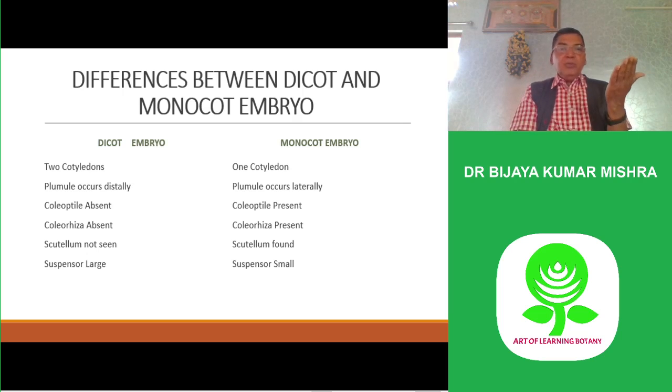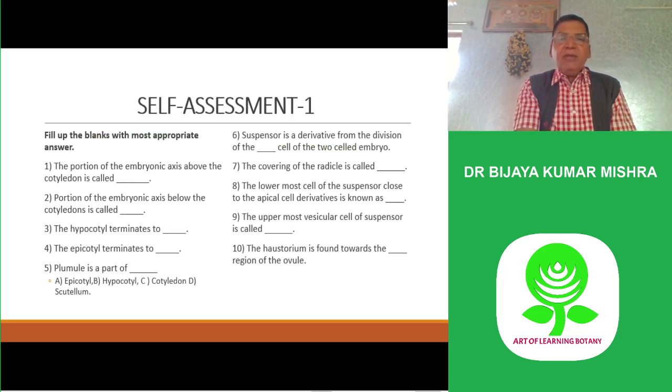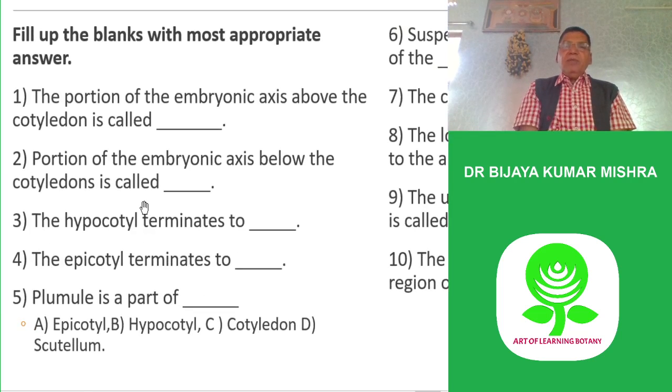Plumule will give rise to the shoot system, the radicle will give the root system. So I have discussed all of this in this portion. Okay, now we'll see a self-check for yourself, the questions. The questions are fill-in-the-blank questions here, and you can see, fill up the blanks with the most